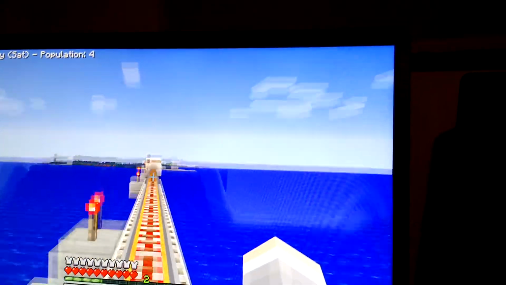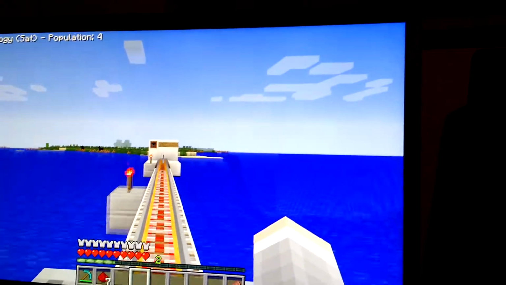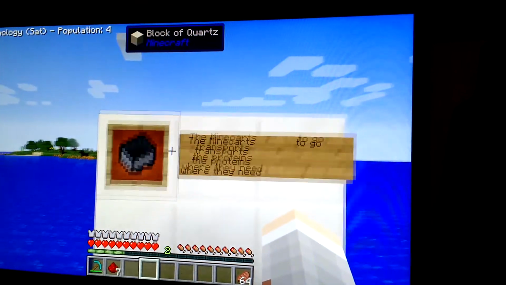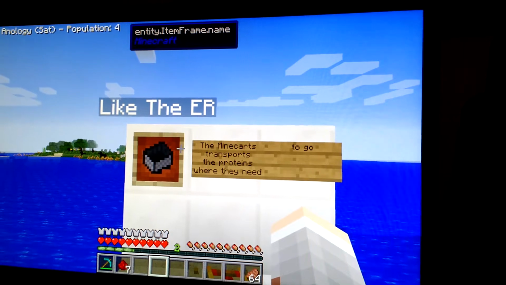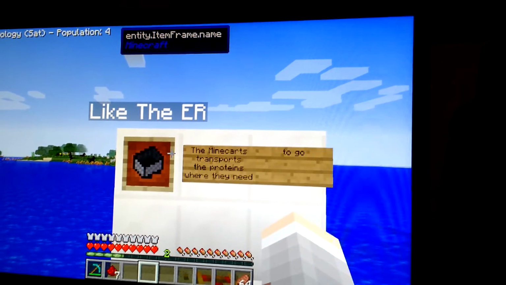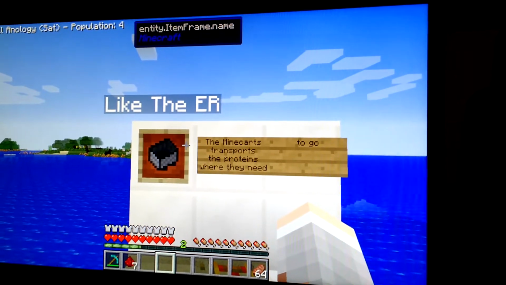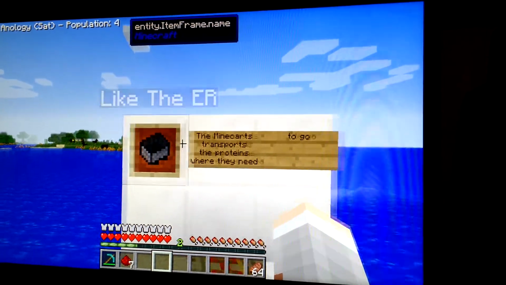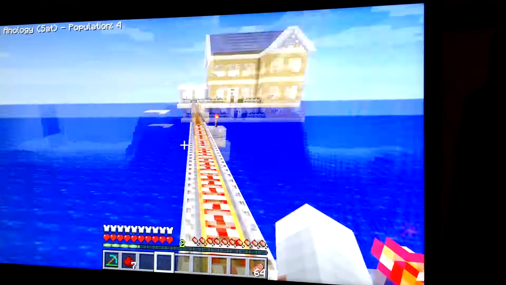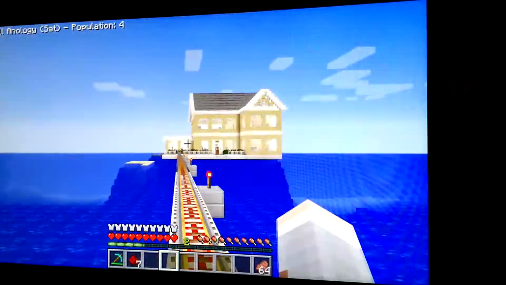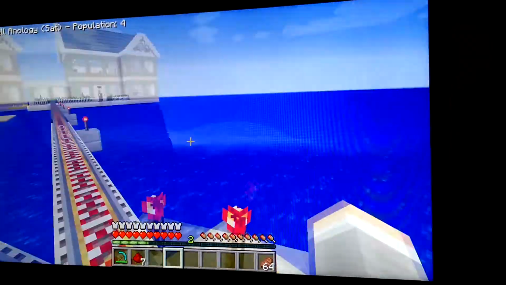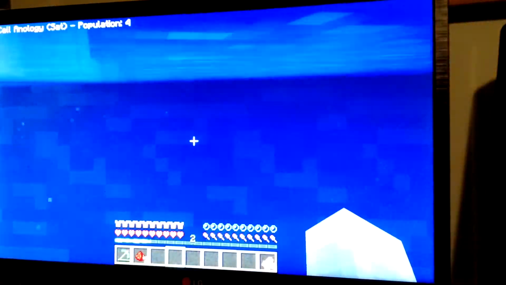All right, this would be like the ER. So the endoplasmic reticulum is what transports the proteins and the different things where they need to go within the cell. So once the ribosomes make the proteins, they're going to transport them on the ER to get to the Golgi apparatus and throughout the cell. Here we have the minecarts, which I explained with redstone. If we need to transport stuff, you could get a minecart and transfer it over here to get to where it needs to go. And also,